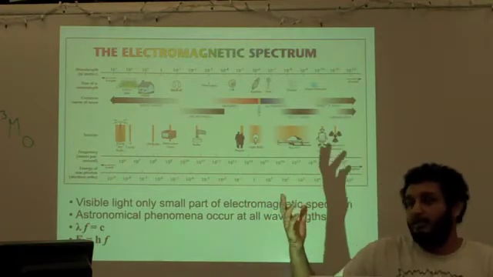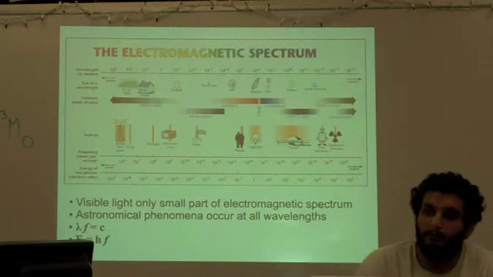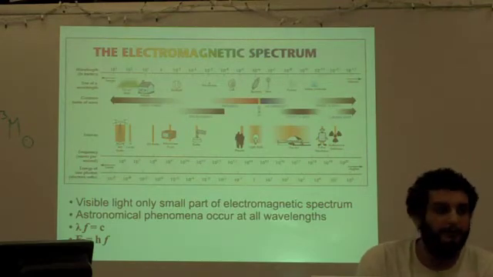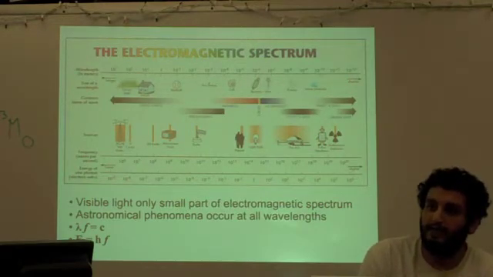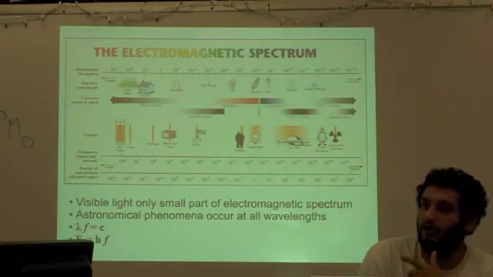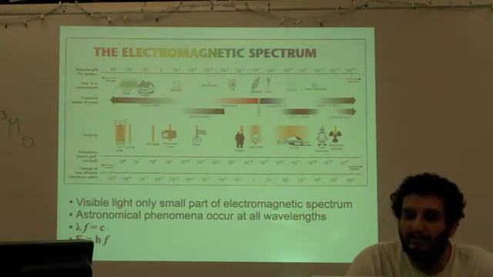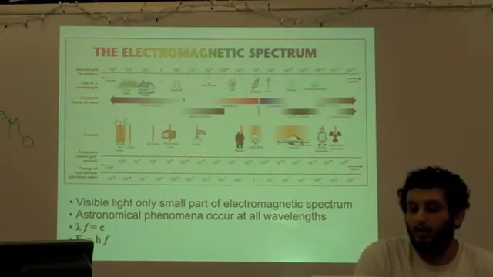Visible light, the light we see in this room, the colors we see, are a very narrow part of this electromagnetic spectrum. Have you guys covered this yet, or are you guys covering this now in your physics courses for the juniors? You guys learn it in chemistry. So, Evan, have you seen this? Yeah. Okay, so then I don't need to go into too much detail, but just to say that it's a broad range of